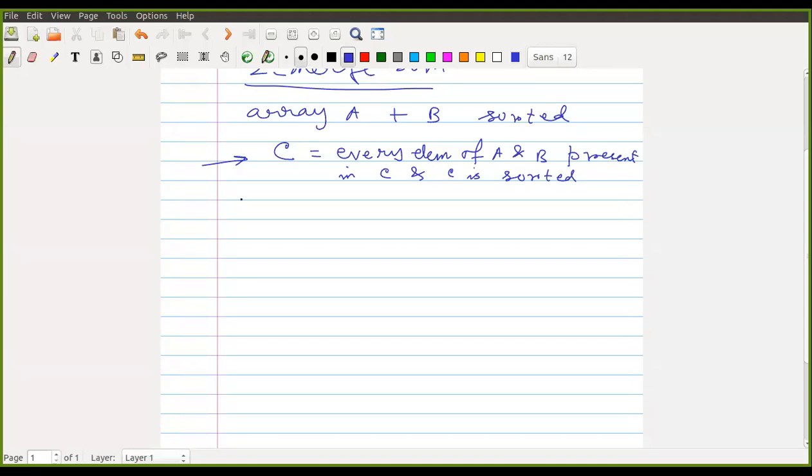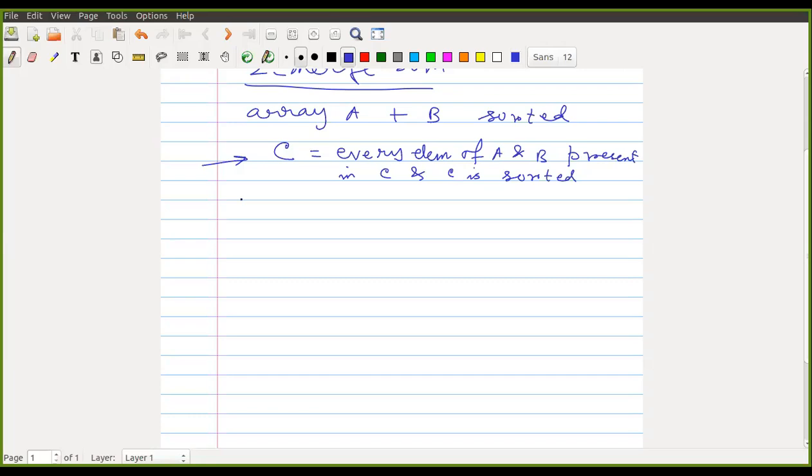So I want an algorithm to output the multi-set union of these two sorted lists, because the same element may be present in both arrays. In that case the same element will appear twice in C.